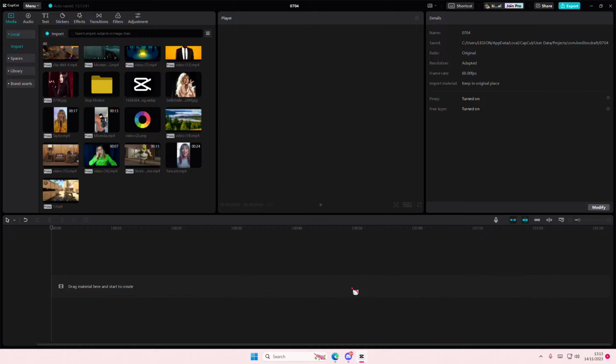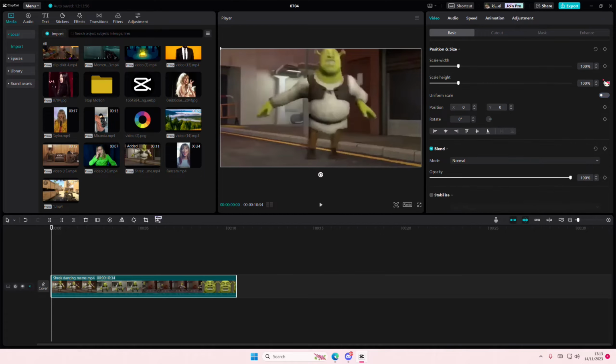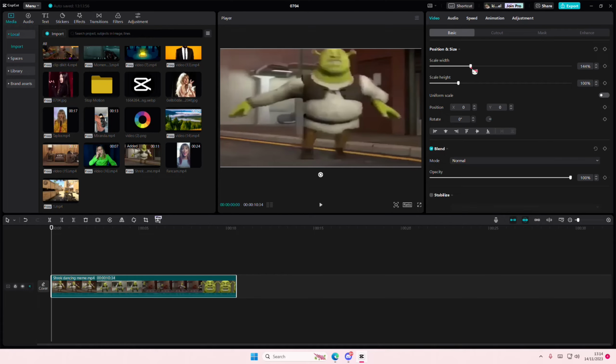In this video I'll be showing you guys how you can stretch your videos on CapCut PC. So select the video that you want to stretch, and as you can see there is a uniform scale button. You are going to actually turn that off, and here is where you can scale just the width of your